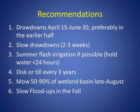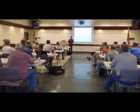I hesitate to give a slide of recommendations. I don't want you to have the perception that there's a cookie-cutter approach to managing our wetlands. Everybody's situation is different, and if we want a variety of wetland types out there, we don't want the same approach for all of our wetlands. But a lot of people do ask me, what is the proper timing? What's the proper rate